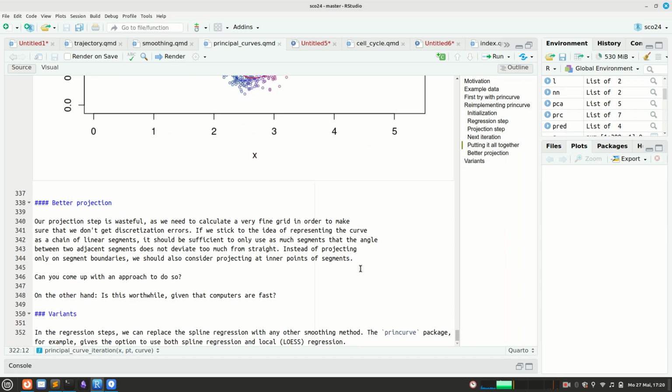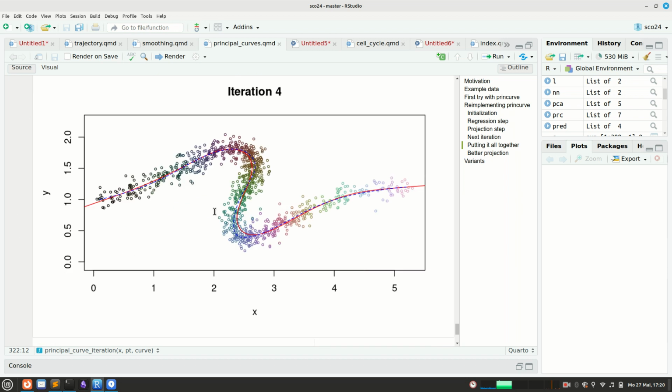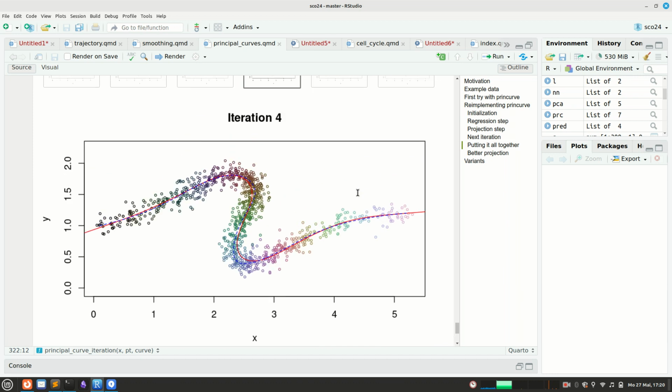If we want to improve this a little bit more, one thing we could do is think about whether it is really necessary to evaluate this curve at 10,000 points and do this nearest neighbor search, or whether we can do something more clever with fewer points, because to approximate this curve by linear segments, 1,000 segments should be plenty. But then maybe the best projected point is in the middle between two curve points. So what we would have to do is, if this is my curve,